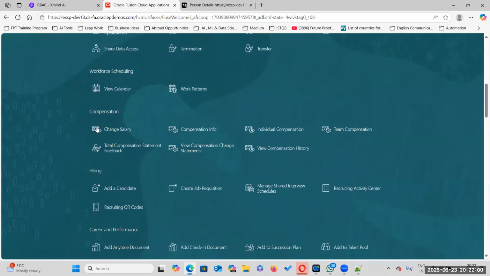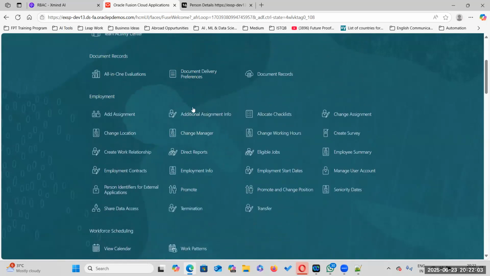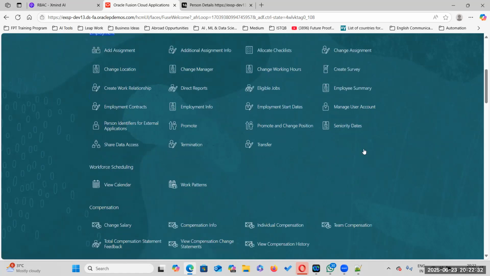Add assignment, change location, create work relationship, employment contracts, termination, promotion, employment info, direct reports, change manager, change working hours, employment start dates, transfer. All these things you can do.